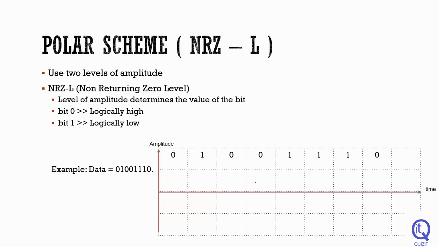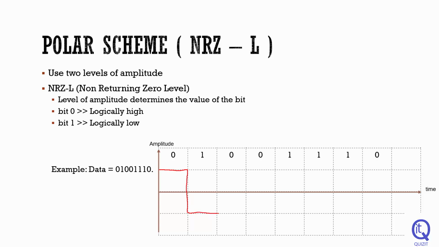Let me draw this data signal. First, it starts from 0, that means you have to stay up, and we do not return to 0, and when we meet bit 1 we have to go down. Here I meet bit 0 at the beginning, so I'm going to draw voltage level up, and when I meet bit 1 I'm going to go down,